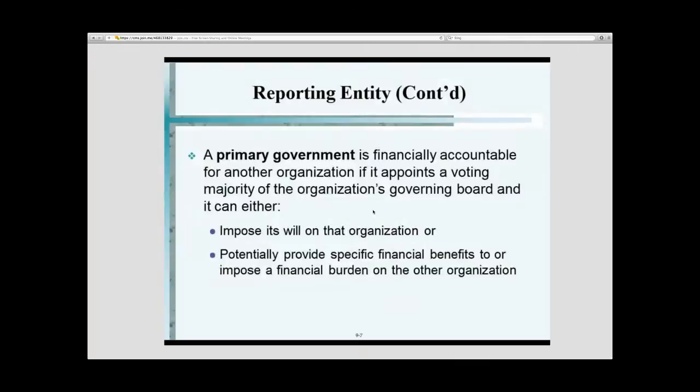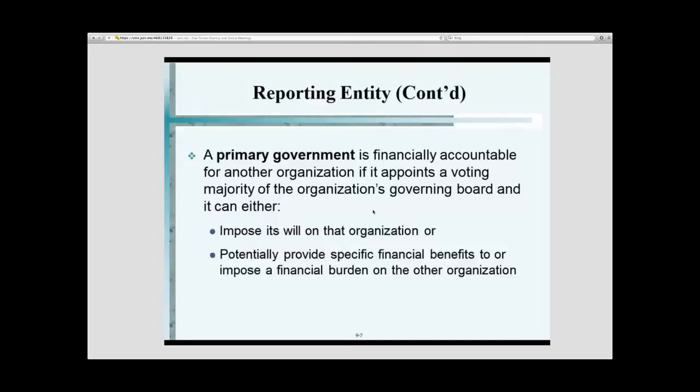Let's go back to the primary government for a moment, and then I'll come back, because I want you to really get this definition. The question is, if the state of New Jersey issues a financial report, what should it contain? It should contain the state of New Jersey and anyone who satisfies this criteria, which is if another organization, for instance, I worked at the Meadowlands, the state had the authority to appoint the board. When you can appoint the board